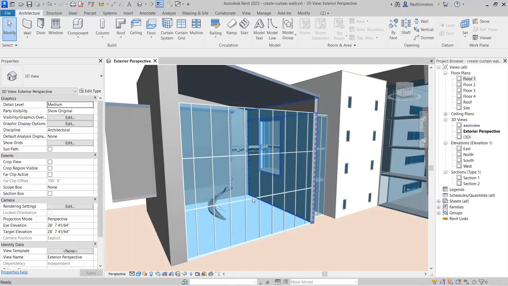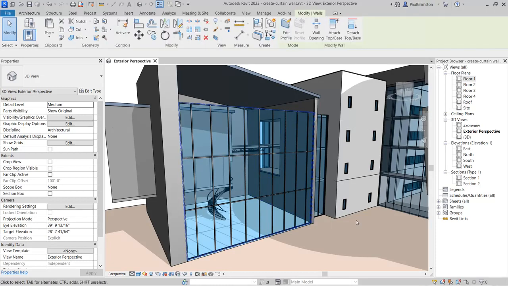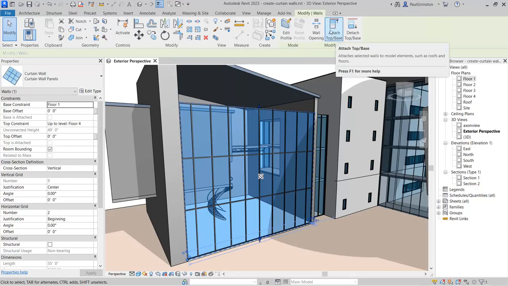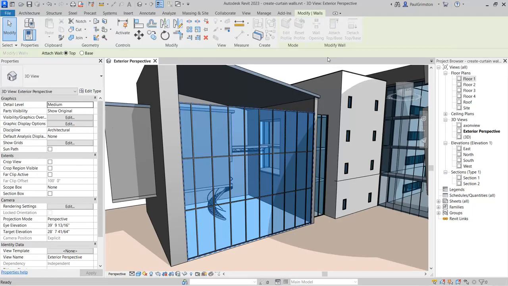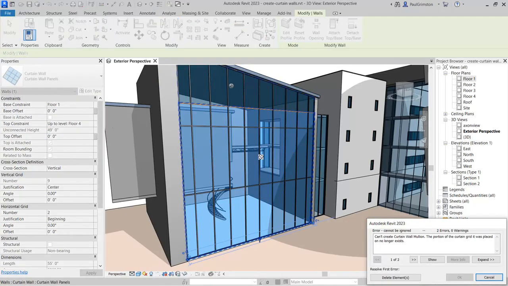So now we just want the curtain wall to extend up to the roof. So to do this, we'll select the curtain wall, and then from the Modify Walls ribbon tab, choose the Attach Top Base tool. In the options bar, we can see that it's set to attach the top of the wall. So now we just need to click the roof, and then we can see that the curtain wall is extended